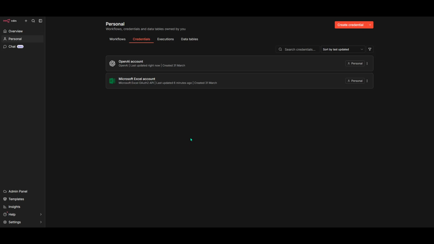A couple of quick tips before we wrap up. Avoid sharing your credential screen during meetings, rotate your API key if you suspect exposure, and use a descriptive credential name so teammates know exactly which connection to use. With that, you've successfully connected ChatGPT